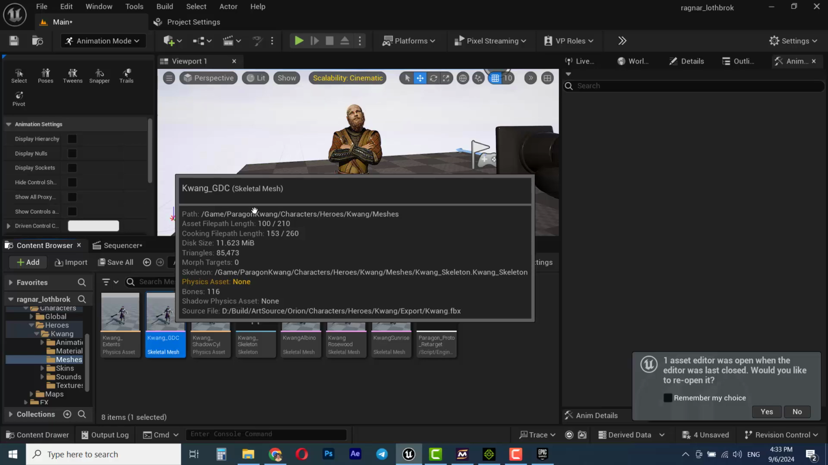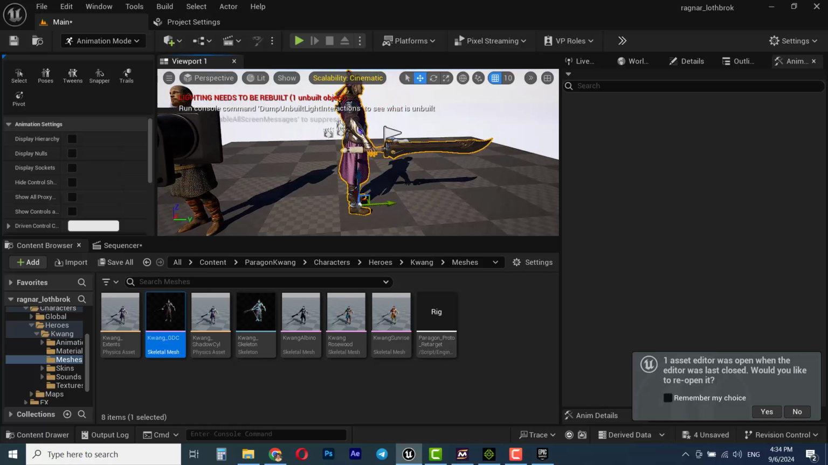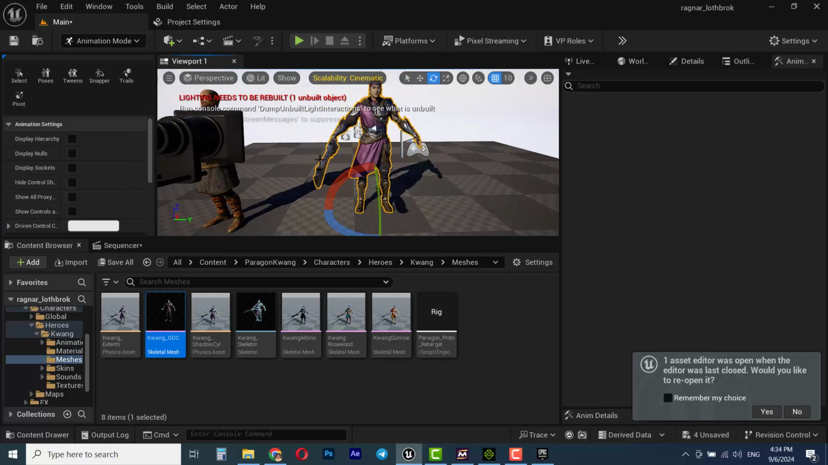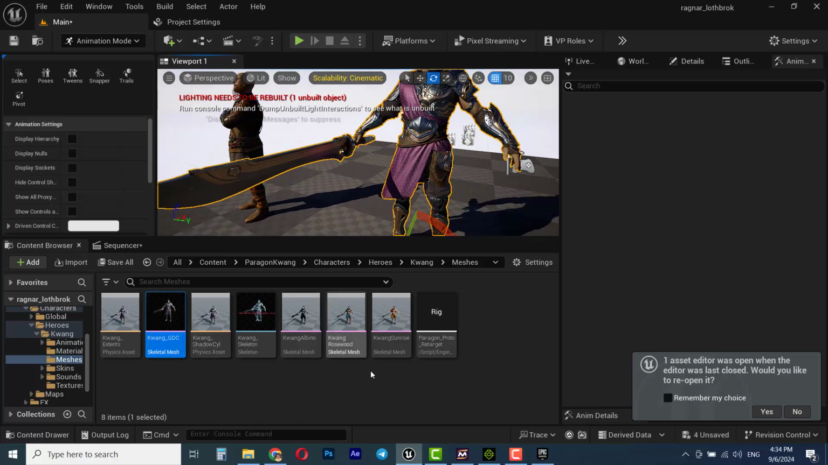GDC to the stage. These characters come with weapon, and if you like you can hide the weapon. You cannot delete the weapon, but you can hide it. You can right click and create a material. I call it M